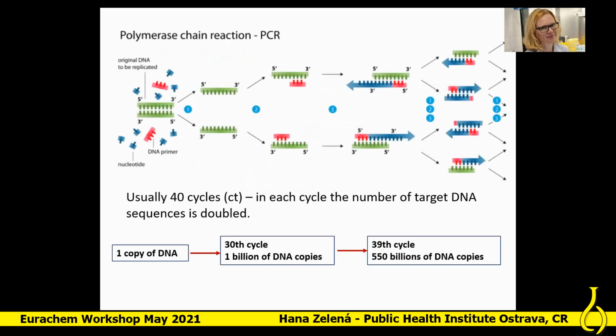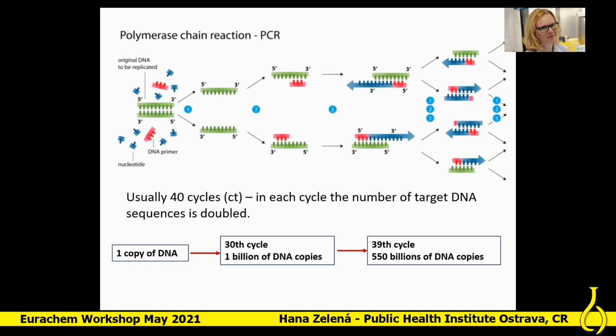Next picture, please. So you can see it here in this picture. The first step is the denaturation, then the hybridization or annealing, and the third step is the prolongation. And usually we repeat these cycles up to 40 times, and in each of the cycles, the number of target